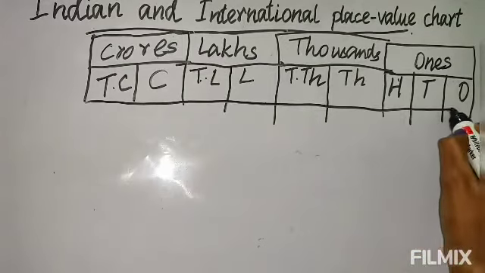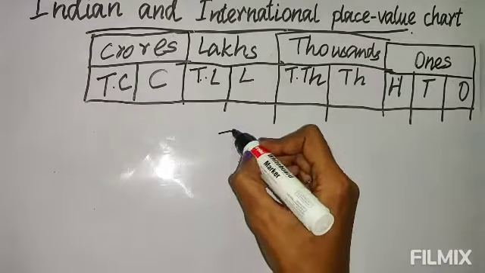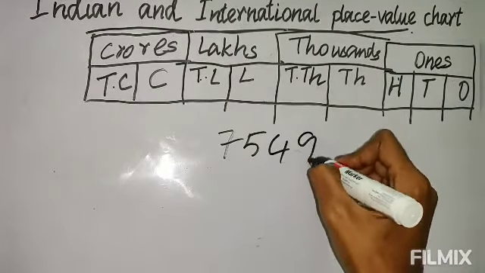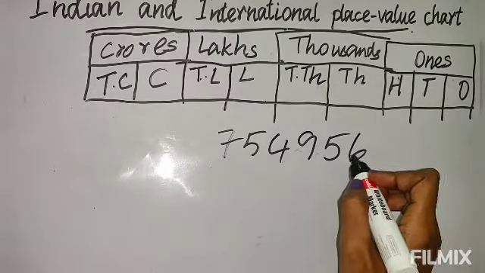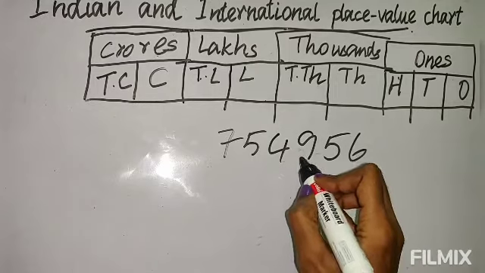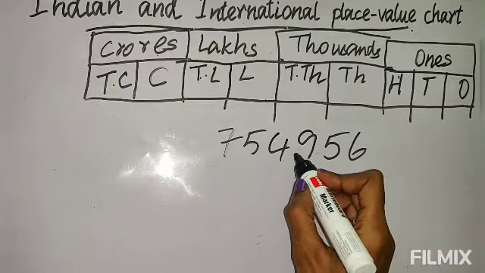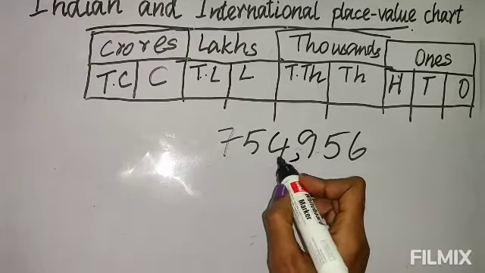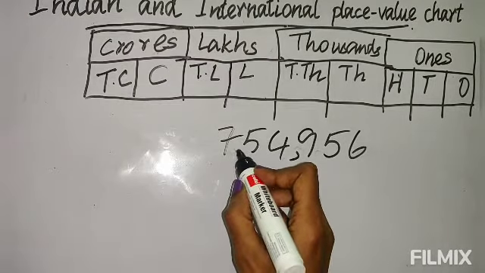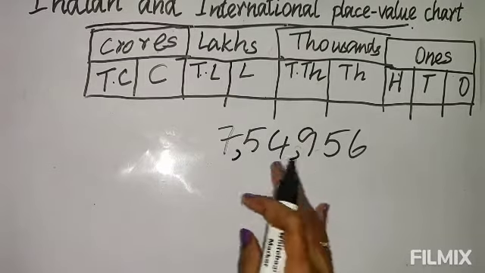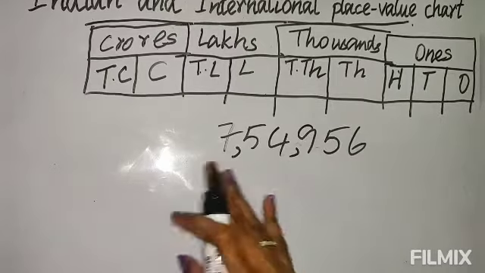That's why when we write the numbers here, according to the period we put the comma. Suppose you are writing a number like this. First is the ones period. The first three places are the ones period, as we calculate from the right side. So after 3 digits we put a comma. Again the next two places are the thousands period, so to separate the thousands period we put a comma after 2 digits. This is the way we put commas in the Indian place value chart: first 3 digits, then 2 digits.